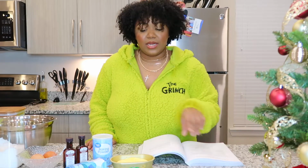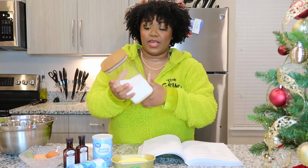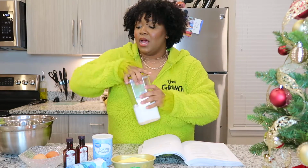So what you would need to do first is check your ingredients. First, you would need 1 cup of grass-fed butter. I like to use the Kerrygold butter. It is grass-fed and it does really well. Secondly, you would need 3/4 cups of monk fruit sweetener. Me and my best friend, we did do keto before, so we do have monk fruit sweetener. Honestly, what you need sugar for? You don't even need it. Thirdly,